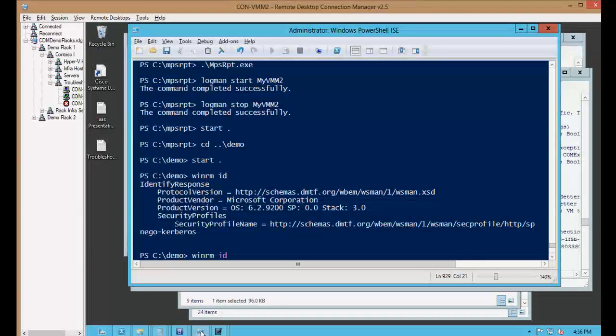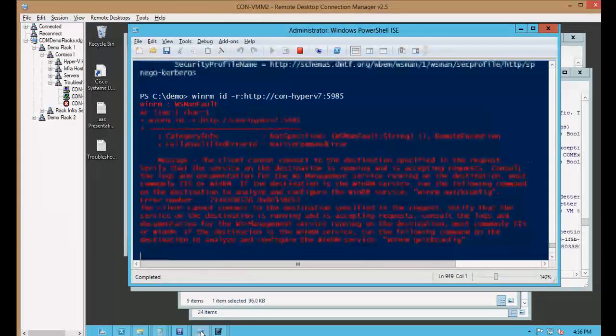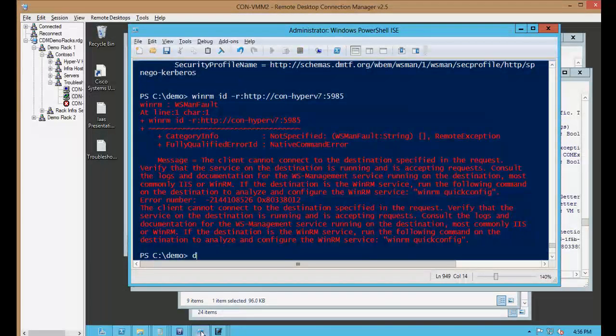WinRM also has a -r command, which we can run against a different server. So I'm going to do HTTP. I'm going to run it against the host that I can't communicate with, and we're running on port 5985, which is the default port for WinRM. And we get a lot of red,